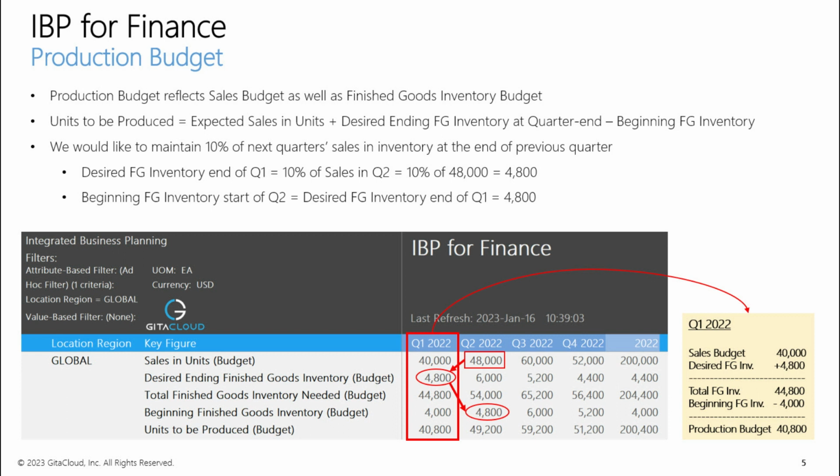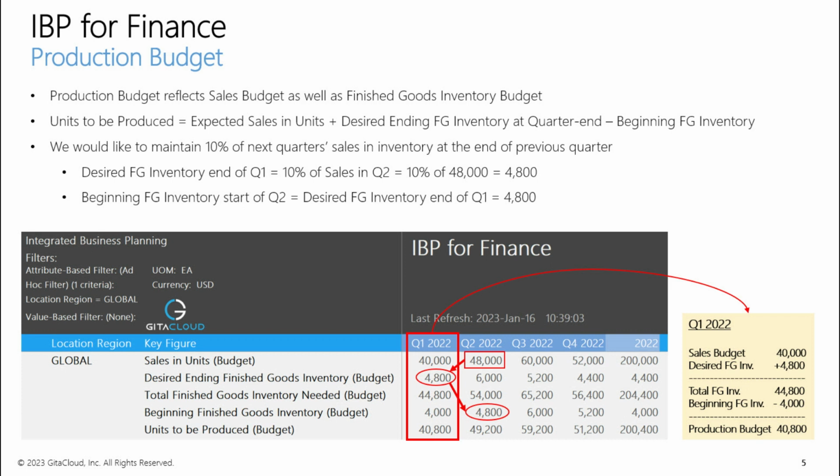Production budget is derived from the sales budget as well as the desired finished goods inventory position. Let's say that we would like to maintain 10% inventory coverage, meaning we should have 10% of next quarter's sales in FG inventory at the end of previous quarter. For example, we plan to sell 48,000 units in Q2. This means we should plan to have 10% of 48,000, which is 4,800 units in inventory at the end of